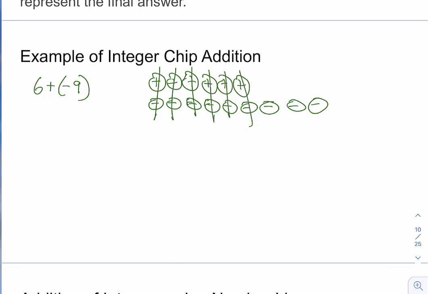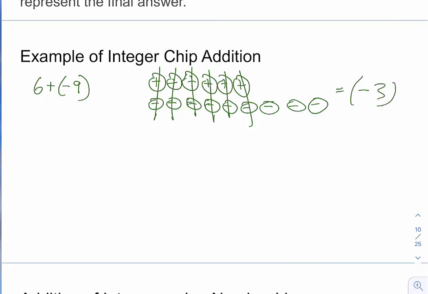All the zero pairs I have. Okay, I can't cross these guys out because that doesn't create a zero pair. So now that I have all the zero pairs canceled out, whatever chips are remaining, I count those up and that is my answer. So I have 1, 2, 3. So this equals negative